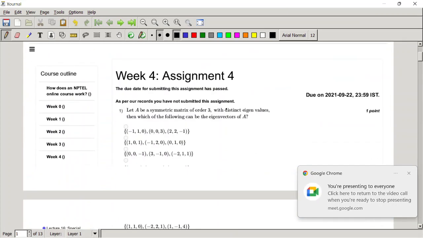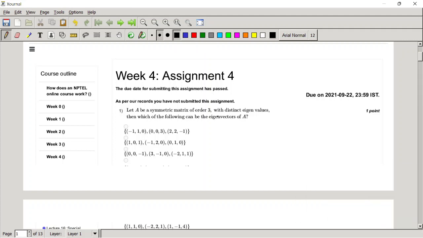So the first option is -1 1 0. I'll explain the first option here only. For the first option, we can see easily that if we take these first and last vectors, these two vectors also